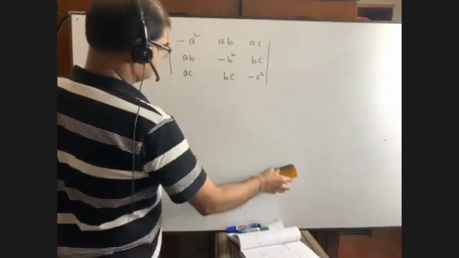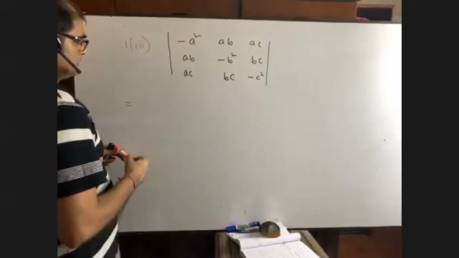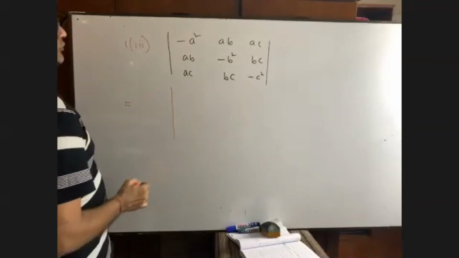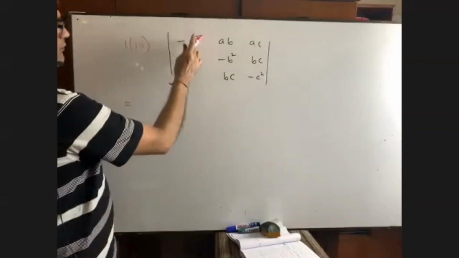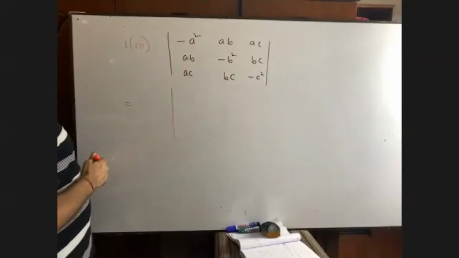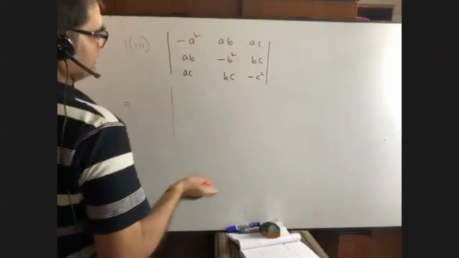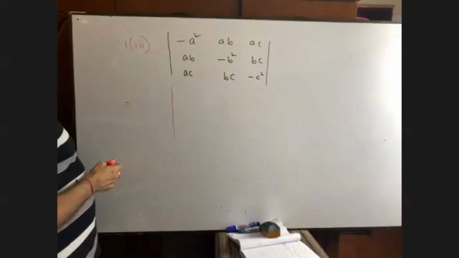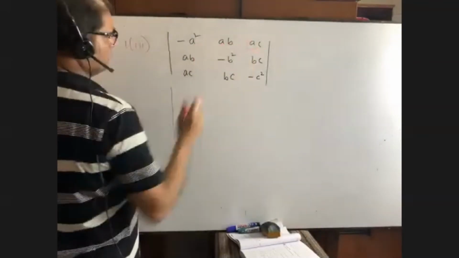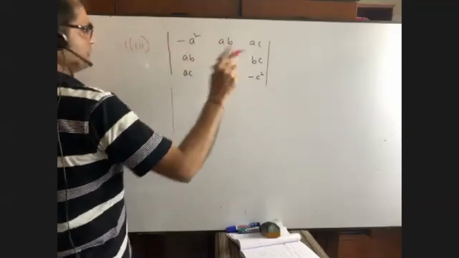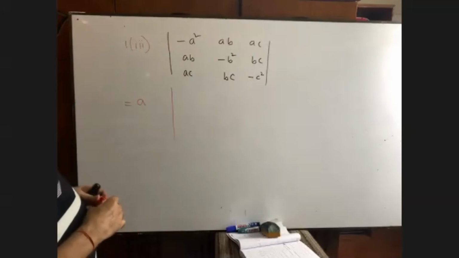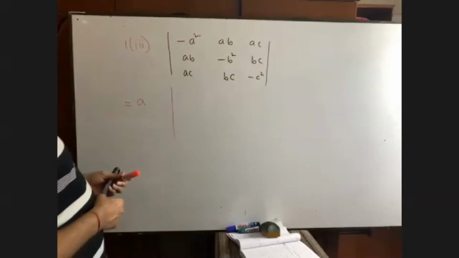So from now onwards, we will apply this theory always. So what is going to be done here? You see, from the first column or first row, we can take a common. Just you let me know, will I consider row or column? It is your decision. Okay, we are choosing row. So from the first row, I can take a common. Talk to me. Yes, sir.